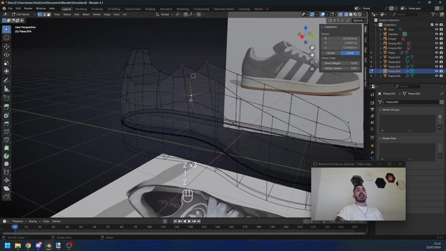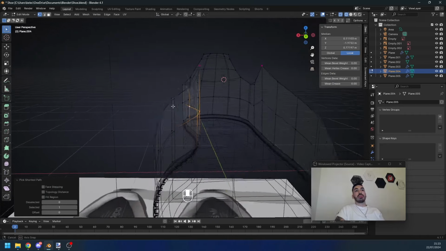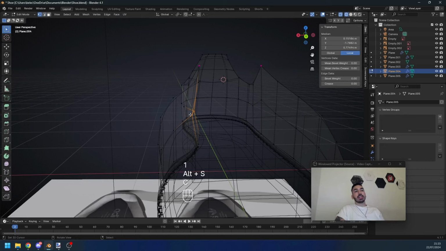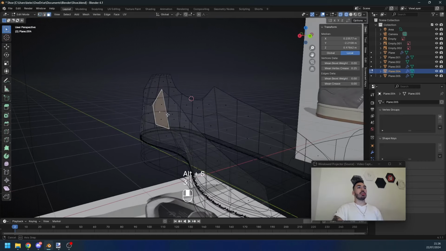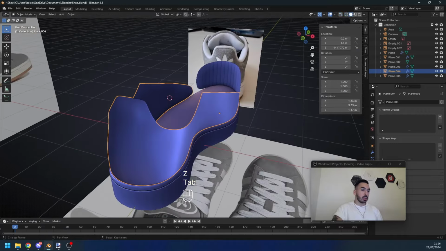So to adjust that, I'm first going to take this vertex and slide it down to straighten this part out. Then I'll take these three vertices, or rather these two edges over here, and inflate them a little bit with Alt S. Then deselect this vertex and take it a little bit further. And once again, I'm going to keep messing around with some of the geometry here by inflating and deflating some of the faces and sliding some of the vertices until I get what looks like an image that I have